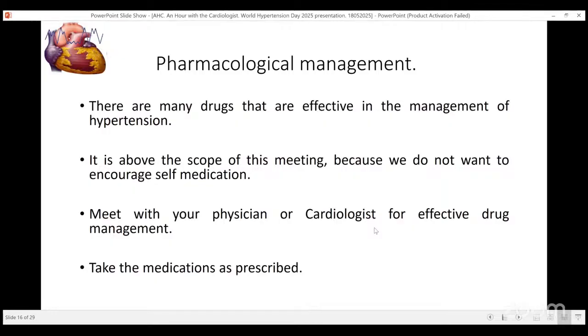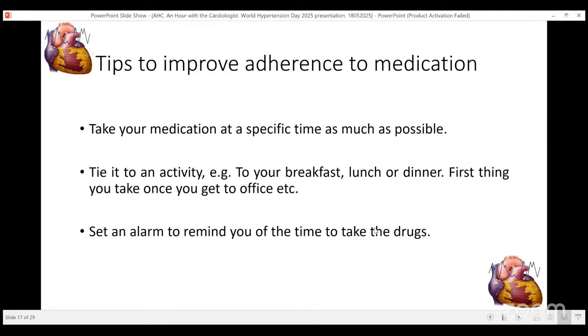Oh, I'm feeling this, I don't know what. And even if there is a side effect from any of the drugs you're taking, there are always replacements. What your doctor will do is replace that drug for you. So don't assume. Have a very good relationship with your doctor. Your doctor can be a very busy person, so if he or she doesn't answer you immediately, don't take it personally. You can send a text message. If the person sees it, I'm sure he or she will respond to you. All right. Take your medication at a special